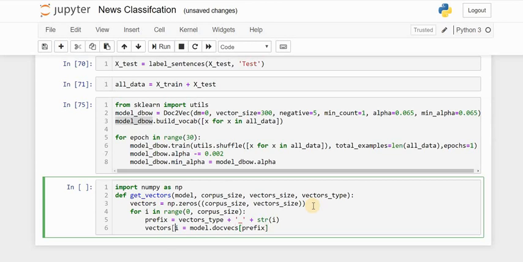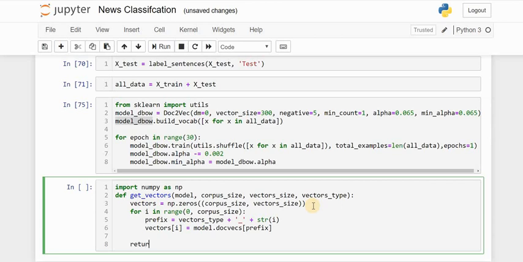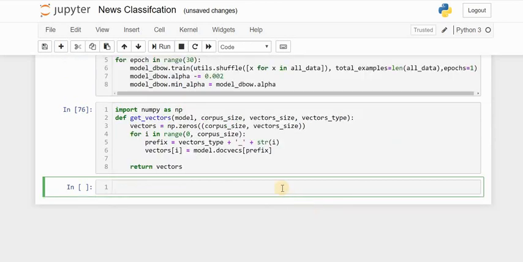We will be storing everything in the vectors variable. So vectors of i, meaning the vector of each and every article, equals model.dv of prefix, in the sense of whether it is train_0, train_1, train_2, test_0, test_1, test_2, and so on. Now let's see what we have got.